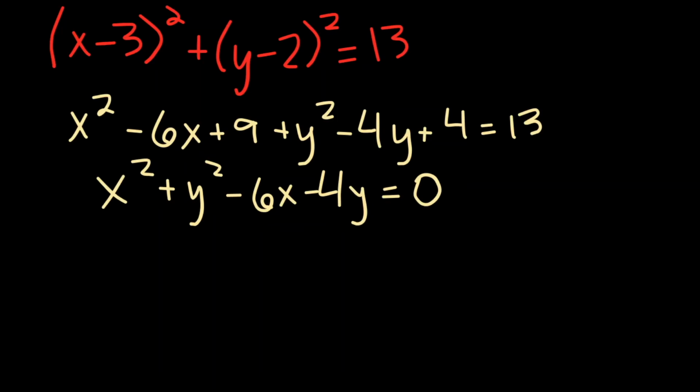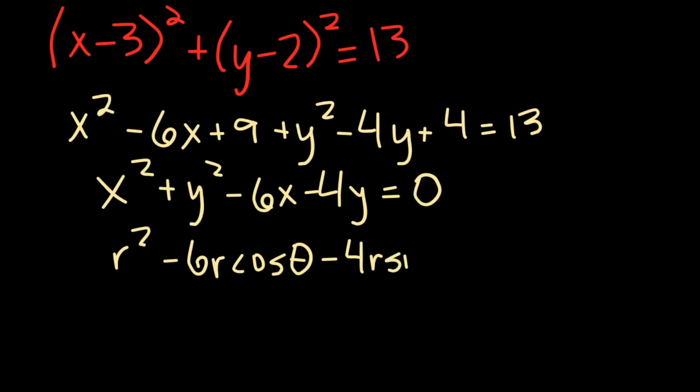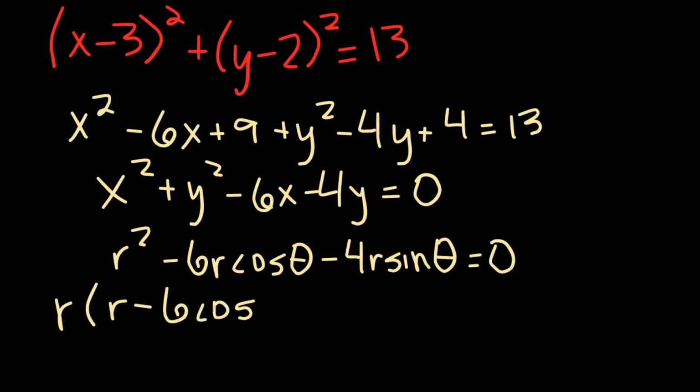Now what we have to do is substitute r squared for x squared plus y squared, r cosine theta for x, and r sine theta for y, which gives you r squared minus 6r cosine theta minus 4r sine theta, and it equals 0. So now we can factor out an r to get r times the quantity r minus 6 cosine theta minus 4 sine theta,